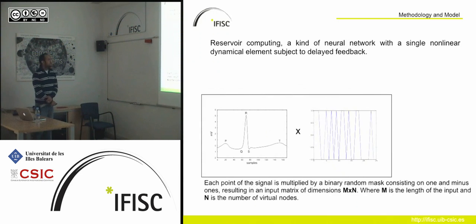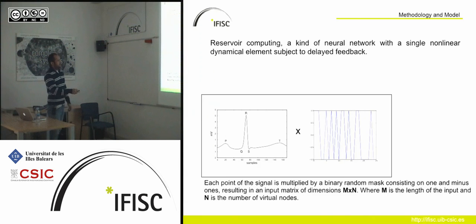In order to use the reservoir computing concept, we use the electrocardiogram. In this case, we have 170 samples, and we need to expand each one of these points into a higher dimension, and we do that using a mask. In this case, the mask has 25 points, which correspond to the number of neurons inside the system. The mask is a binary mask that can only have -1 and 1. This is not particularly strict, but we did it that way.